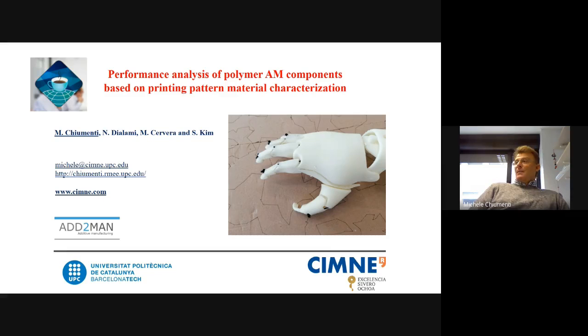Thanks for the invitation, Ignacy, and it's a pleasure to give this talk. It's a work related to our research line on additive manufacturing, and this time the topic is about polymer-based material. As you probably know, we had and we still have different projects on metal additive manufacturing technology, but in the latest years, we had the possibility to work on this new technology for additive manufacturing using polymers. And well,